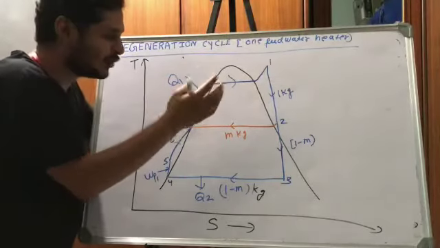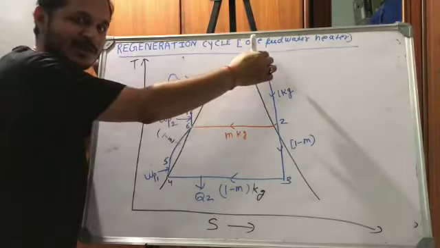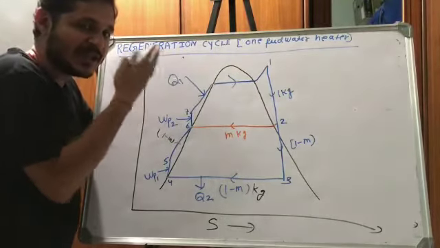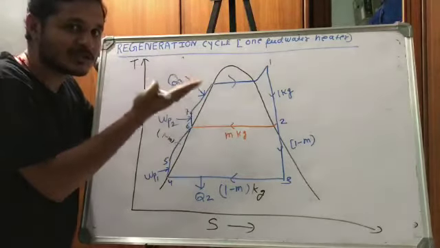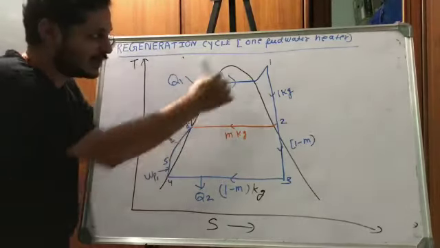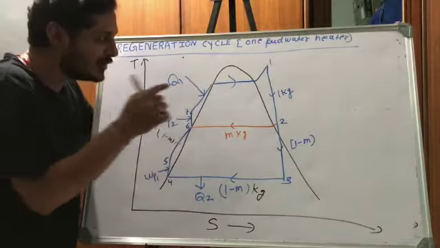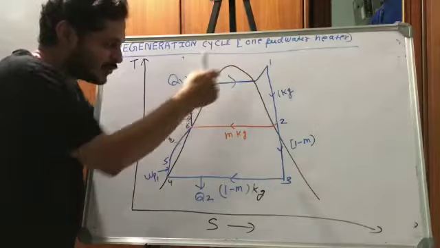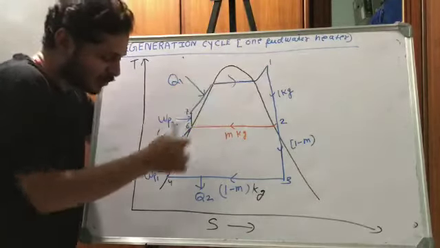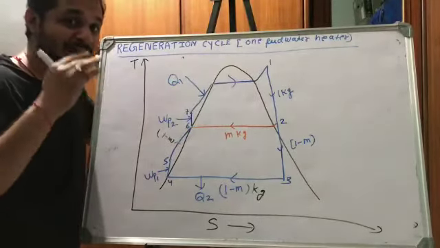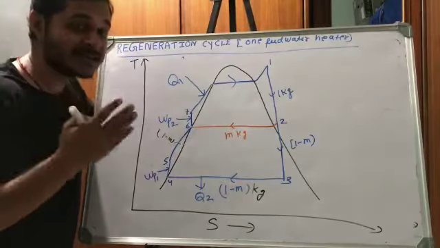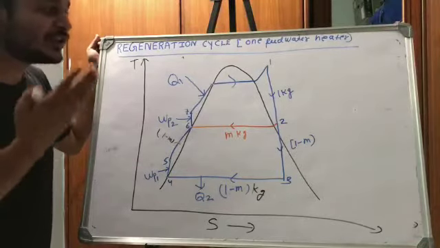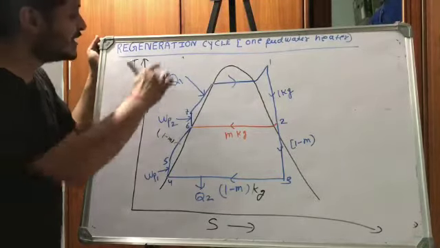Okay, in the boiler, now we are heating from this point to this point. You can see that the amount of heat Q1 has already decreased. And second thing, you can see the mean temperature of heat addition. If you take the mean of temperature 1 and 5, and the mean of points 1 and 7, you can see that the mean temperature of 1 and 7 is much more than the mean temperature of 1 and 5. So there is a great improvement in the mean temperature of heat addition, which means there is a great improvement in the efficiency of the Rankine cycle with using regeneration.